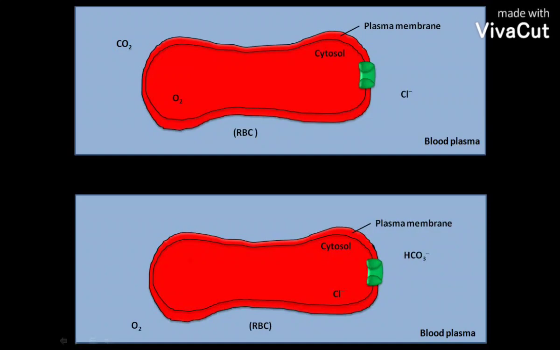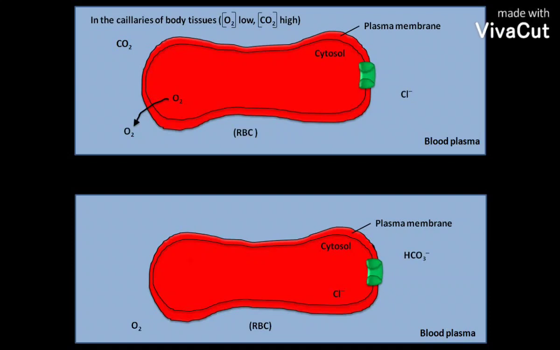The direction in which oxygen, carbon dioxide, and bicarbonate ion move across the plasma membrane of RBC or erythrocyte depends on the location of RBC in the body. In the capillaries of the body tissues, where the concentration of oxygen is low and concentration of carbon dioxide is high relative to the concentration of these gases within the RBC, oxygen is released by the hemoglobin and diffuses outward to meet the tissue needs.